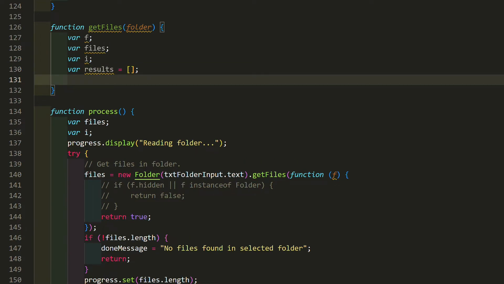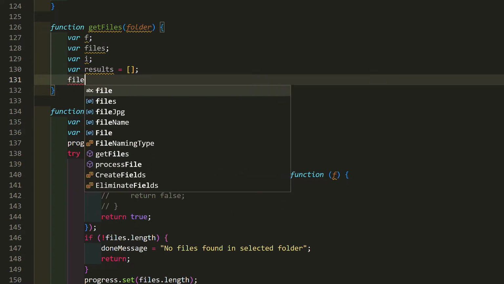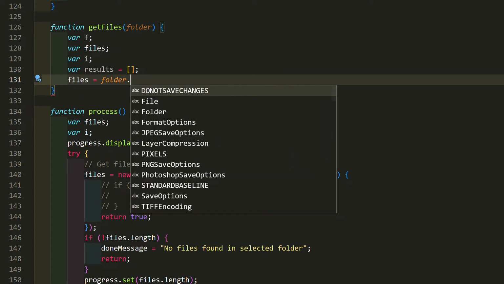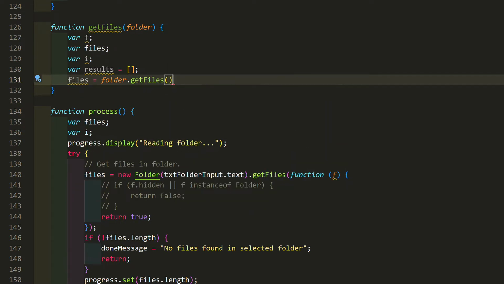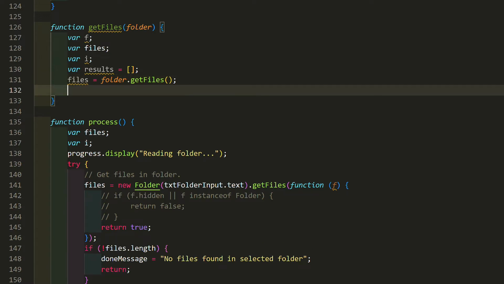The first step is to call getFiles on the folder, like before, but without passing a function to filter the results. That returns everything, including folders, which we'll store in the variable files. This is an array of file objects that can also include folder objects, so we need to go through it.